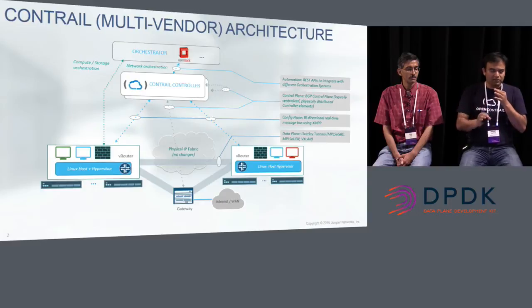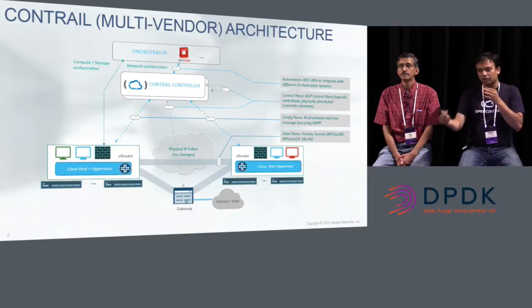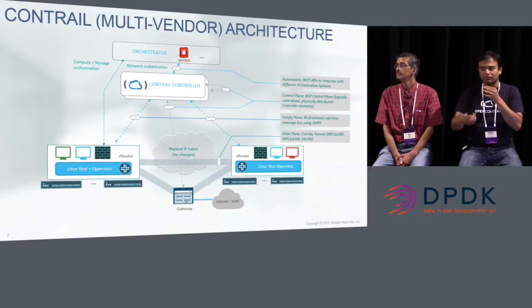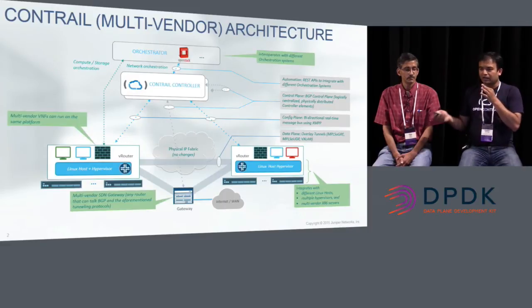But why this is interesting is because we need to sit in the data path, actually act on the packets that arrive on the physical NIC, perform this kind of encapsulation, decapsulation, flow lookups, apply some security policies, and then hand the packets to the actual destination to which the traffic is meant to be. So that's what makes this particular application interesting. And to talk about the specifics of our integration with DPDK, I would like to pass on the mic to my colleague Rajan over here.